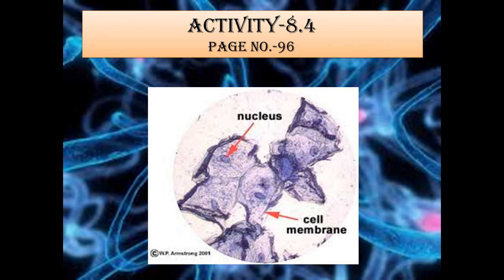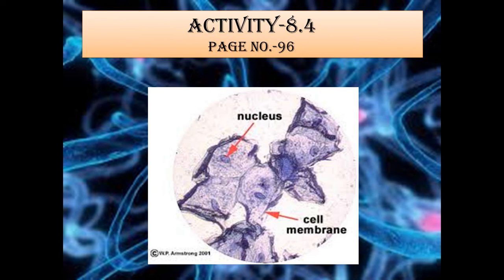Now keep that piece on a slide and add methylene blue to give color to the cell. Okay, place the cover slip and observe it under the microscope. Again, you will observe flat irregular shaped cells having a thin cell membrane. Each cell has a spherical nucleus in its center. You will find that no cell wall is observed, unlike in the onion peel cells. You will find there is no large vacuole as observed in the onion peel cell. Okay. The cheek cell represents an animal cell.